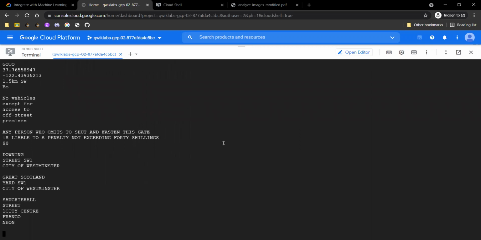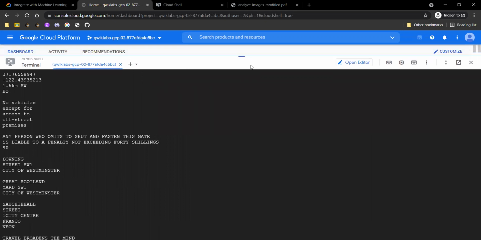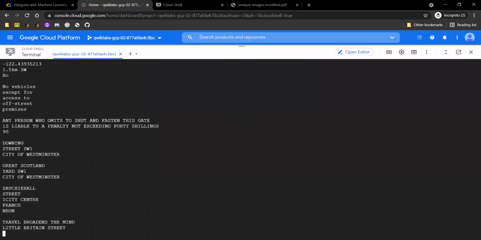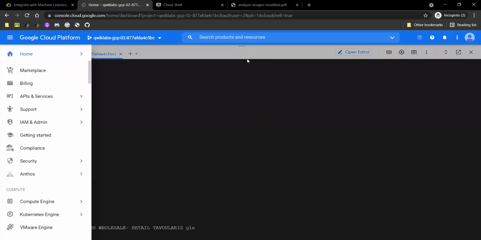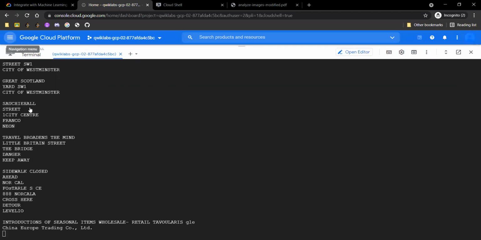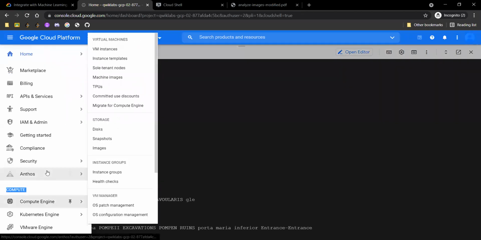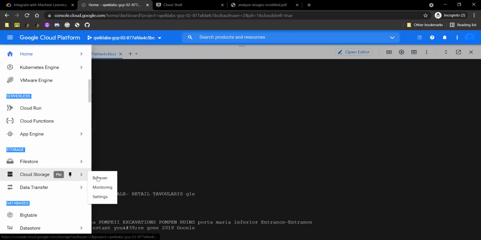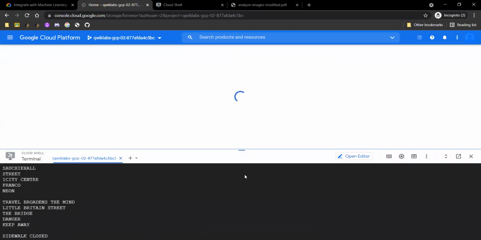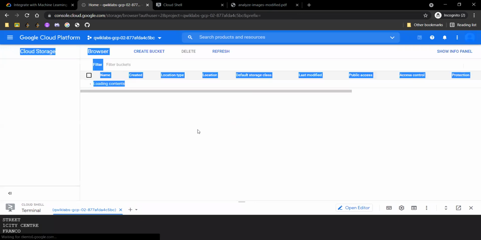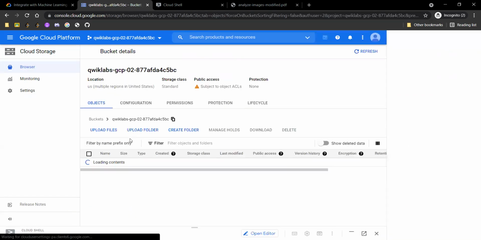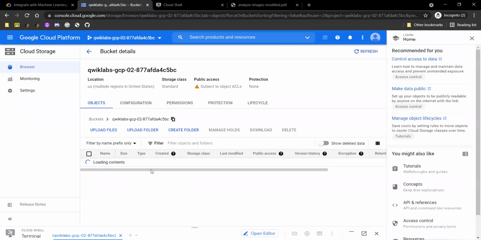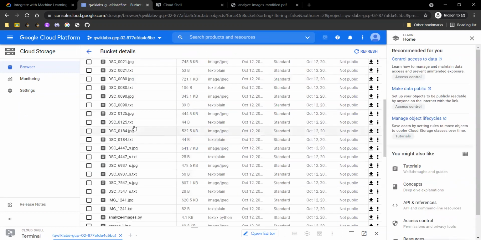It will process all the image files, and that is stored in our cloud storage bucket, which is given to us by the Quick Labs team. So simply this is the bucket and these are the image files that we had to process.